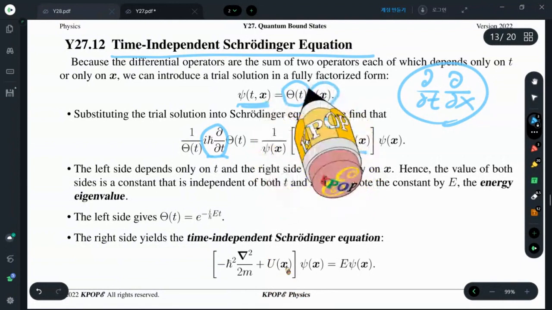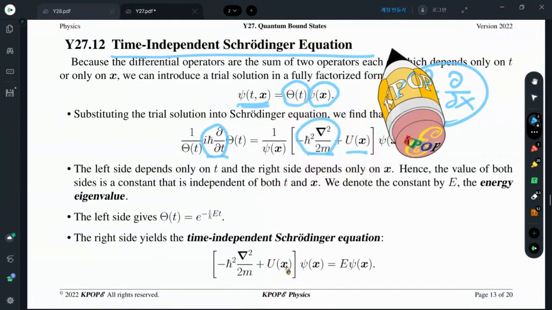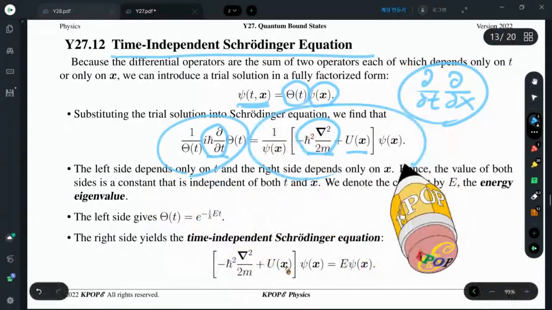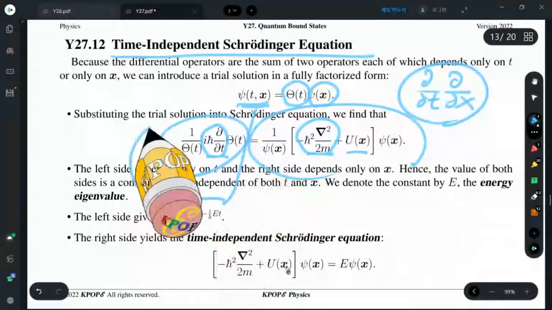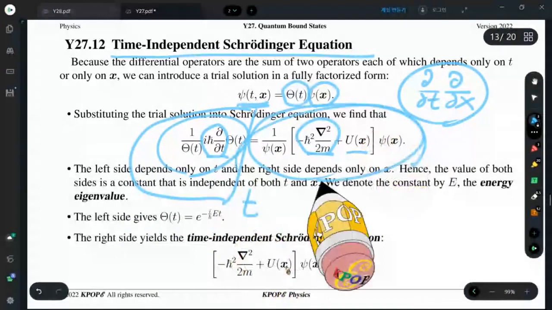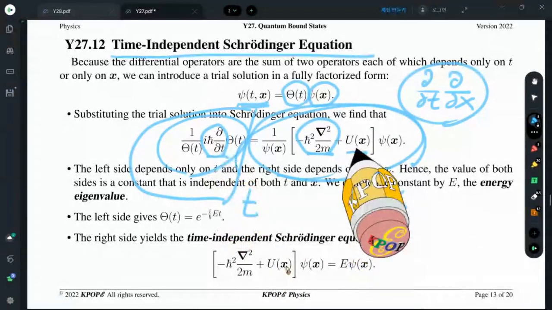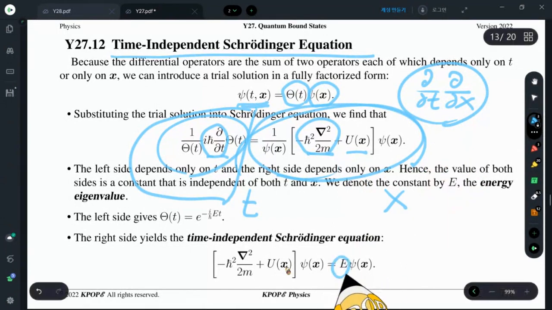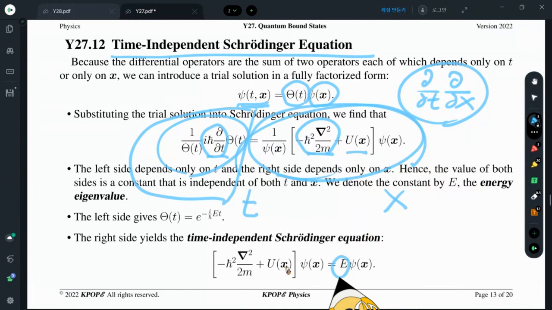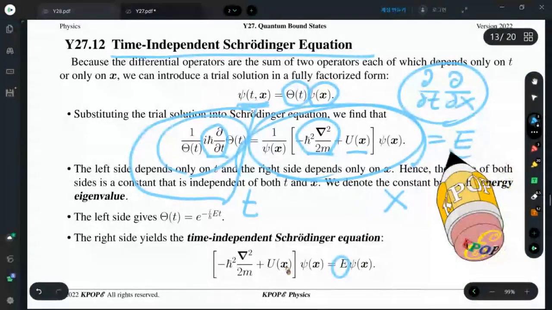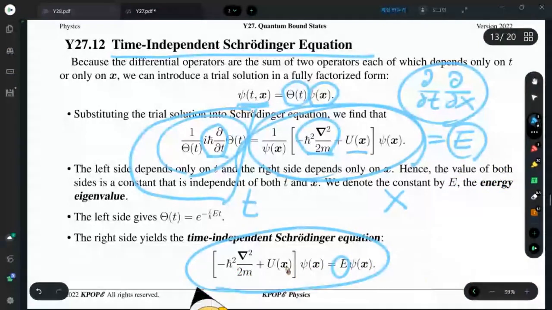Therefore, if we substitute this one into the time-dependent Schrodinger equation, what we find is this. You can find the left-hand side depends on t only, and the right-hand side depends only on x. Therefore, these two values must be independent of time and independent of position. Therefore, it is a constant, and this constant is called the energy eigenvalue. So we put this one to be E, and we can solve this